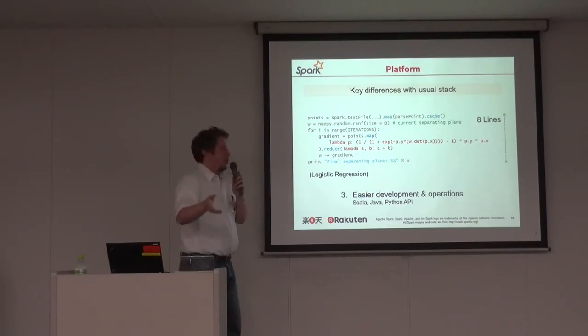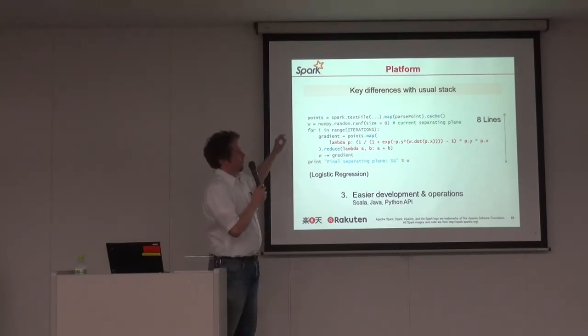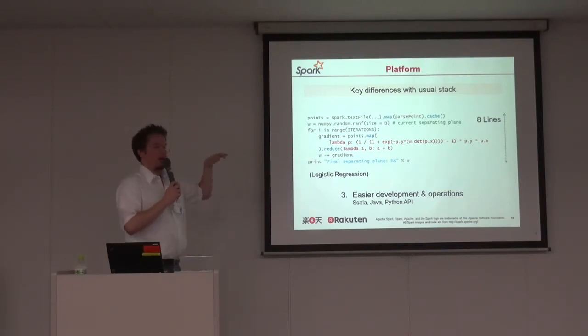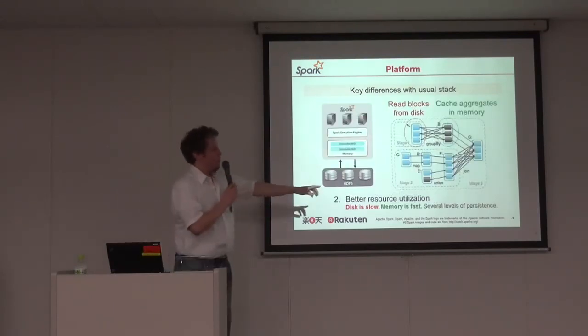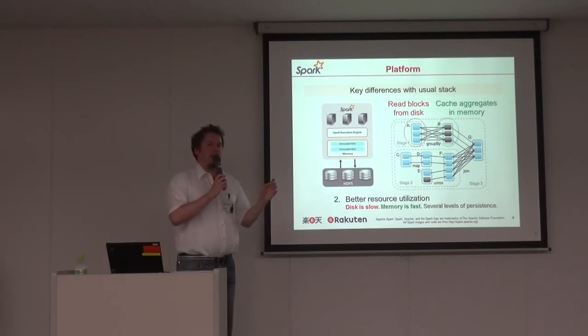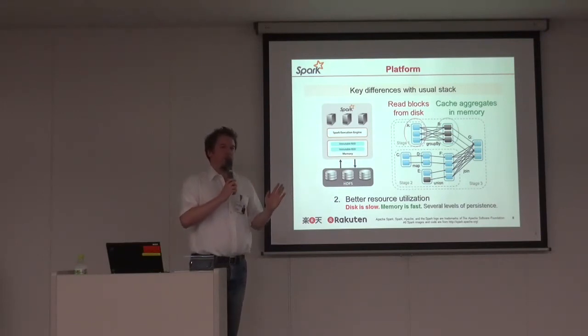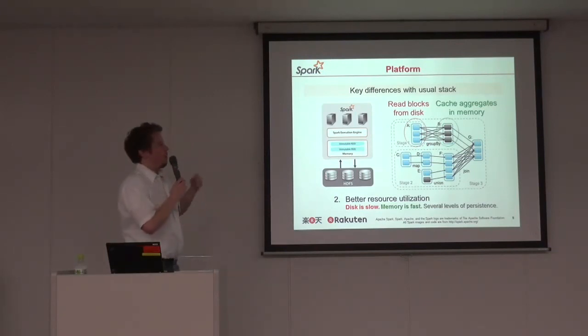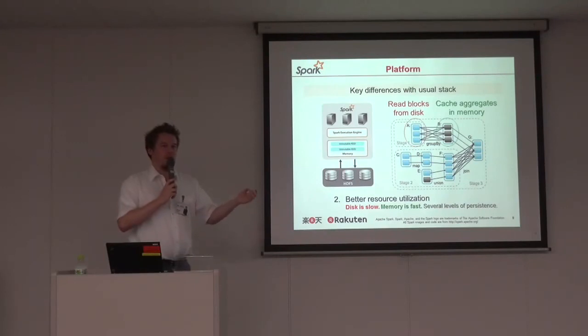So for example, when I say save to text file or whatever. Back to your question. That cache operator is actually an override of a method called persist. In persist, you can specify what level of persistence you want for your cluster. You can say memory or memory and swap. You can say put that on disk. So there are many options. I think by default, if you go over the memory that you have, it's going to start swapping. So that's when you have to make choices of what you want to cache in memory.